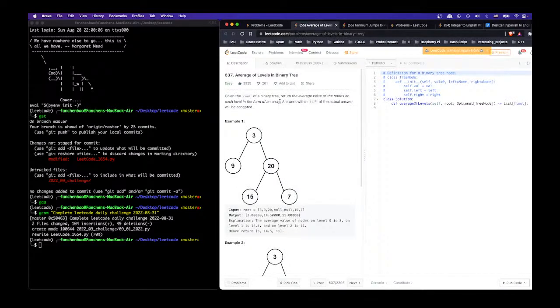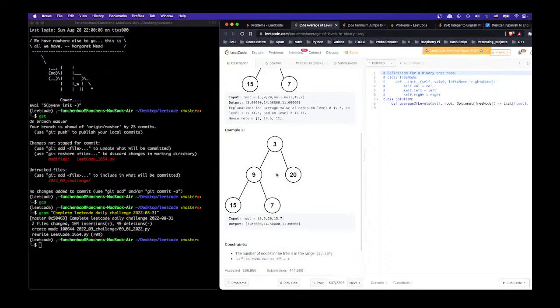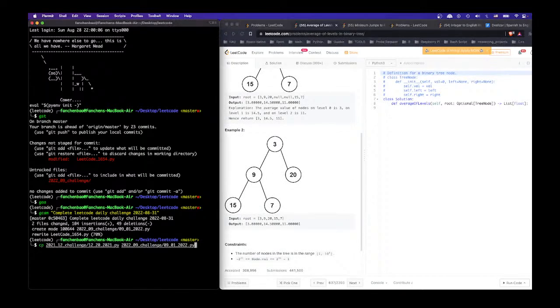Alright, given the root, return the average value of the nodes on each level in the format of an array. Average value of all the nodes on the level. So BFS, right? Okay, so we got lucky. Today is easy, so let's just get it done and go for the kill with